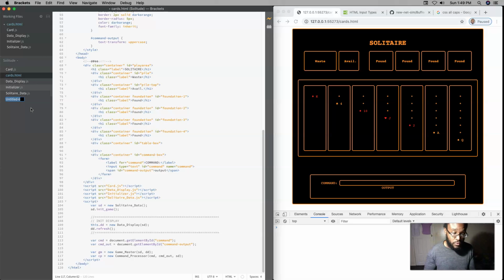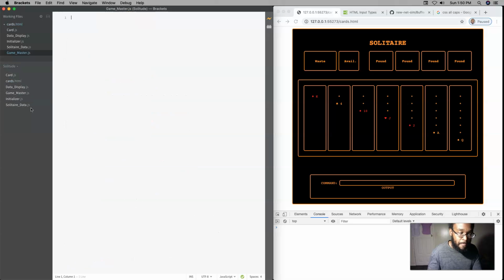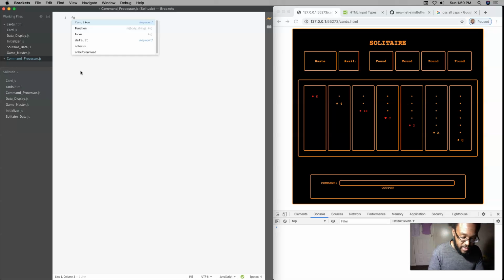So I'm going to define a file named gamemaster.js, and I'm going to define a file named commandprocessor.js. The name doesn't matter in JavaScript. And then I'm going to define it. It's going to be command processor,